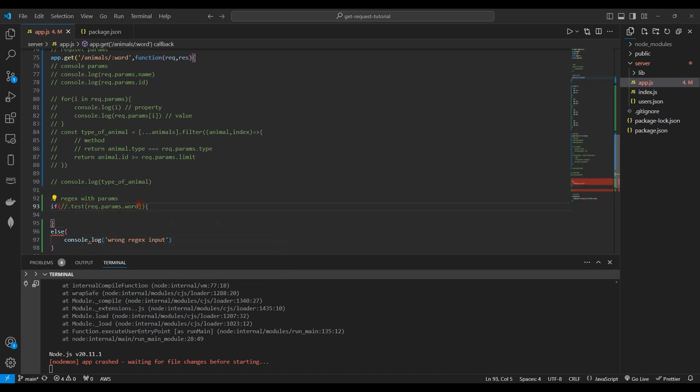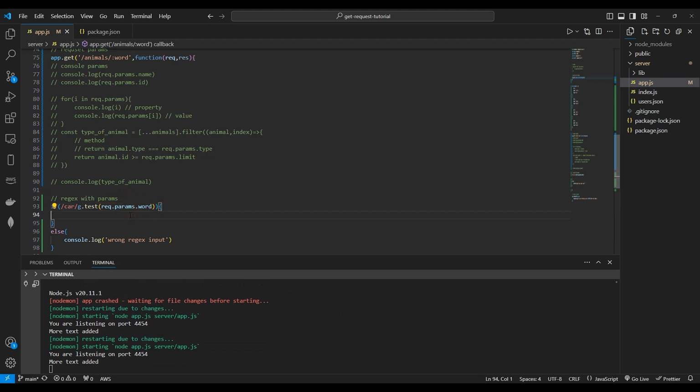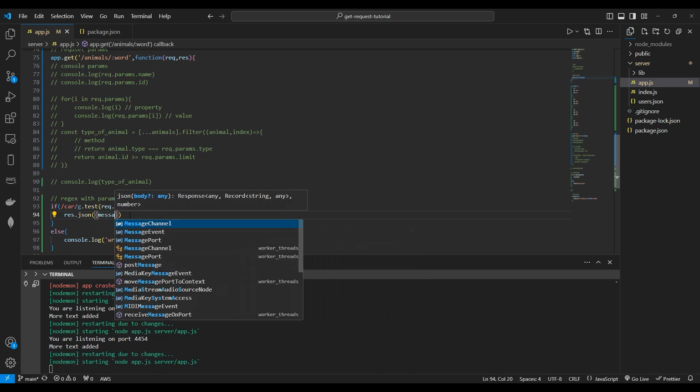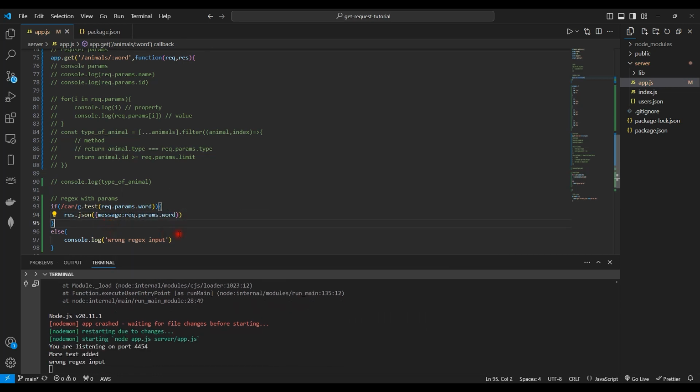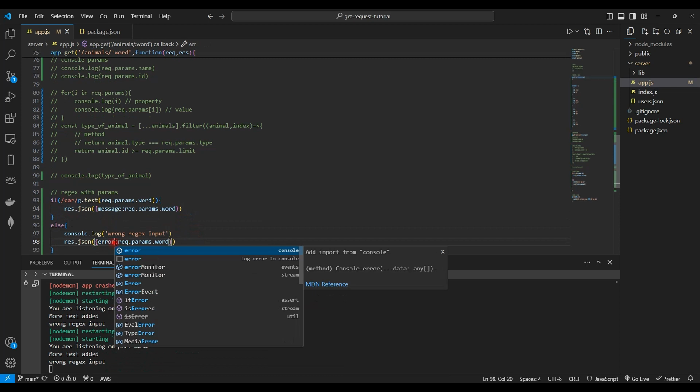All right, now let's go ahead and fix this. Let's say if the word contains car, and we'll use a global flag so we can see anything with car in it. If regex.test word is true, res.json message rec.params.word. Else console.log wrong input on the regex and res.json error,